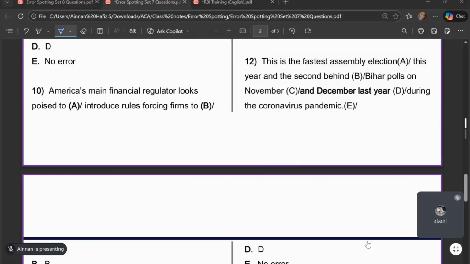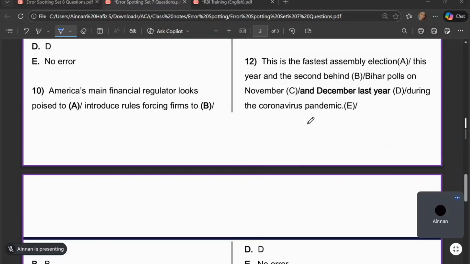Is it B? B for banana. This is the fastest assembly election this year, and the second behind. What's the error in B? Ma'am, before using the, we can use it's. Yes, ma'am. This is the fastest assembly election this year, and